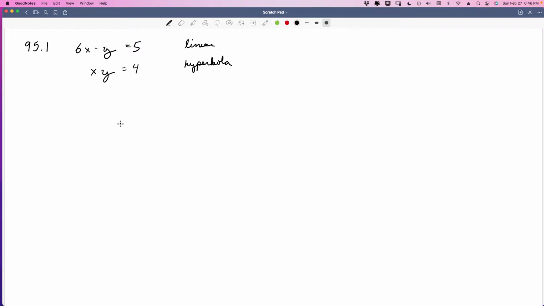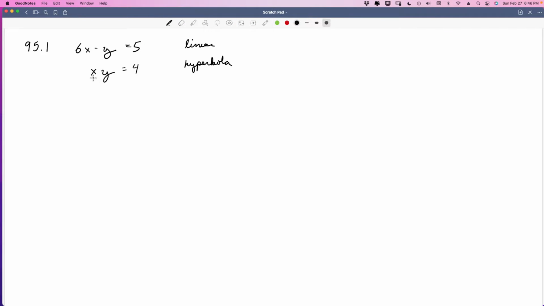Well, in this case, we would probably want to use substitution. That would be the easiest method to go by, because we don't have anything readily accessible for an elimination solving process. So let's solve this one through use of